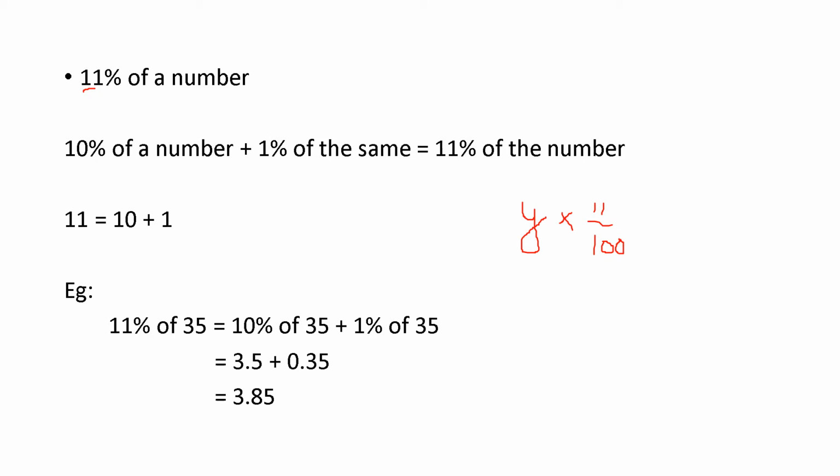11 is 10 plus 1. That means 10 percentage of the number plus 1 percentage of the number. So that is 11 percentage. Okay, 10 plus 1. So here, example, 11 percentage of 35. So before that, what is 10 percentage of a number? Suppose the number is